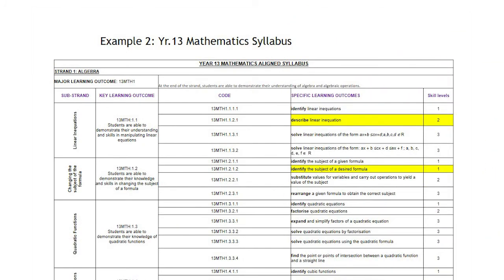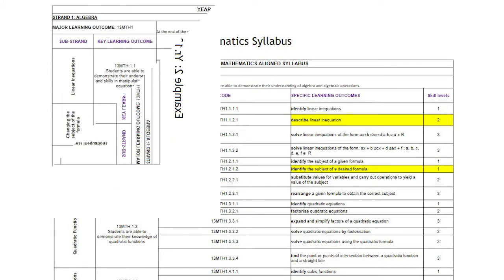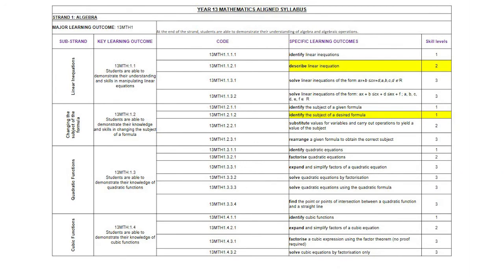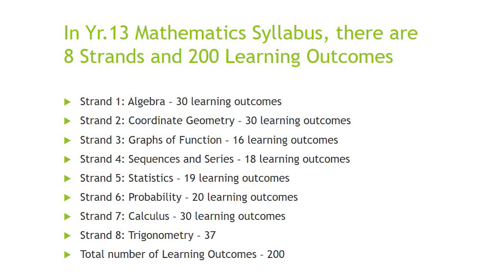The second example, so I'm using the Year 13 Mathematics syllabus. So that's a part of the Year 13 curriculum or syllabus, maths syllabus. So I'm using this as the second example. So the topics are given and also the learning outcomes, given inside the syllabus. So again, you follow the same steps. You have to count the number of learning outcomes